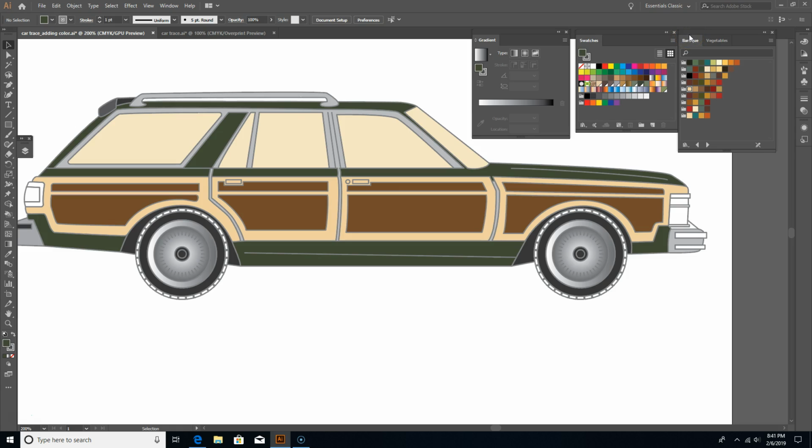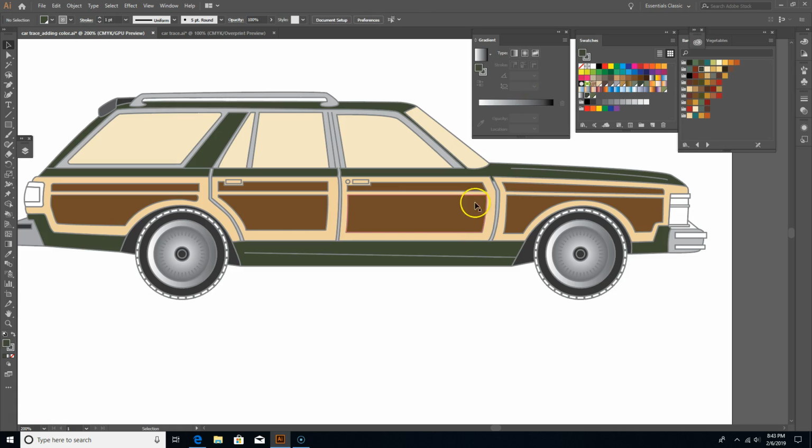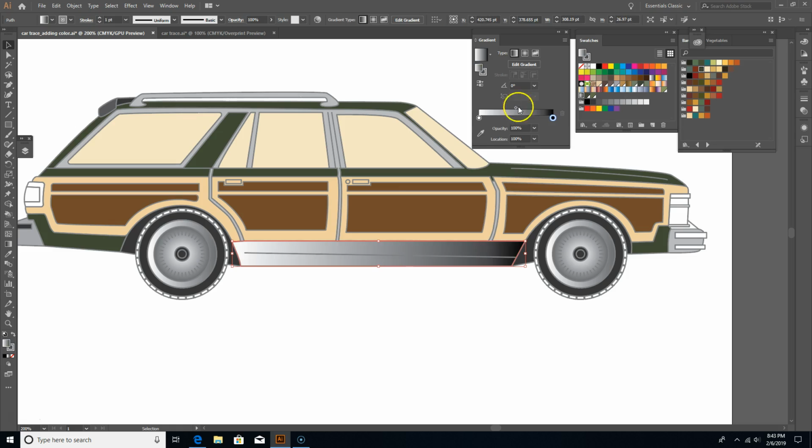The first step is select the shape you want to add the gradient to. In this case, I'm going to do it one shape at a time. So let's start with this bottom shape. I'll click on this gradient and it's going to turn it into a black and white gradient. That's not what I want, but that's okay. So again, I selected the shape and I clicked on the gradient slider and it turned it into a black and white gradient, or black, gray, and white